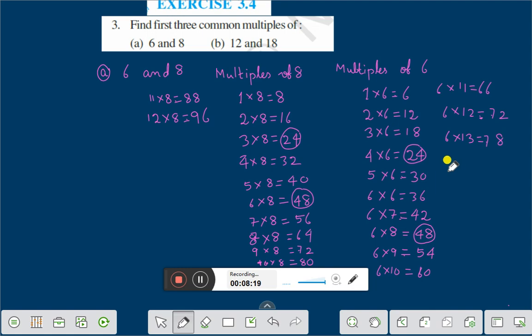Here you see the next one is 6 into 14, 4 6 are 24, 2 4, 6 and 7 8 is 84,